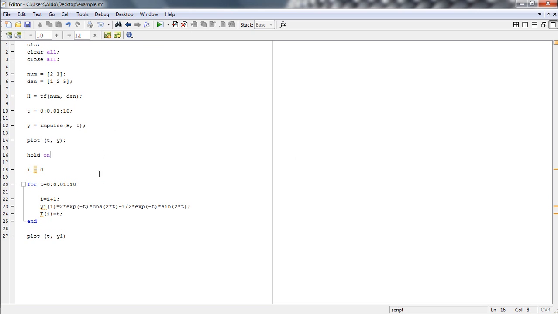Usually the color of the plot for MATLAB is blue. If you would like to change the color, you can define, for example, color red in order to have different plots. If I run the MATLAB file,